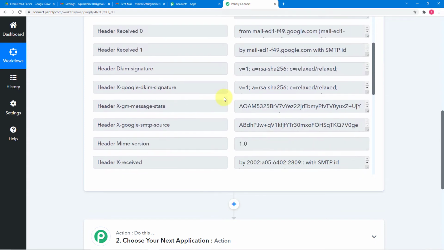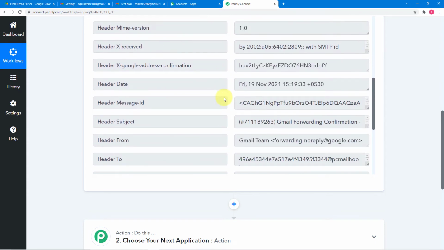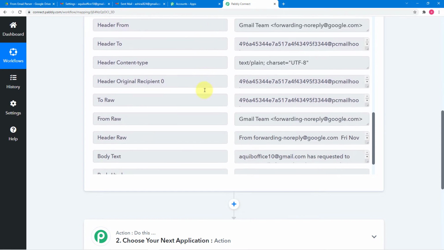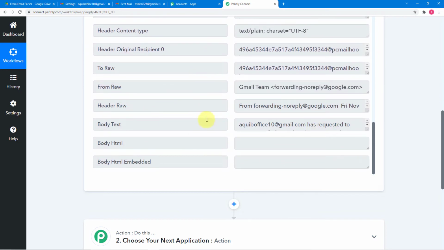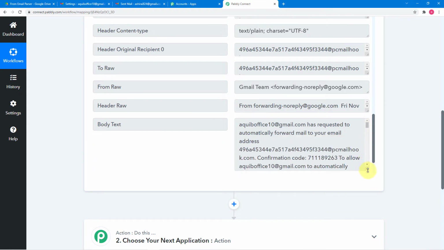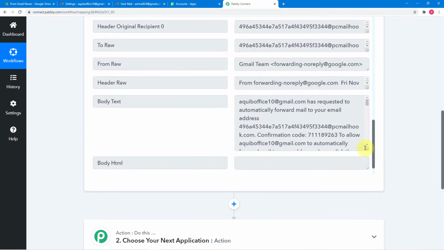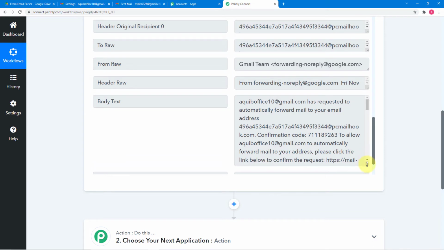Here you will find all the technical details that you have received from the email, and in this body text you will find the whole email. So let me show you the whole email. This is the email that we have received from the Gmail team. This ID has requested to automatically forward mails to your address, this one, and the confirmation code is this.